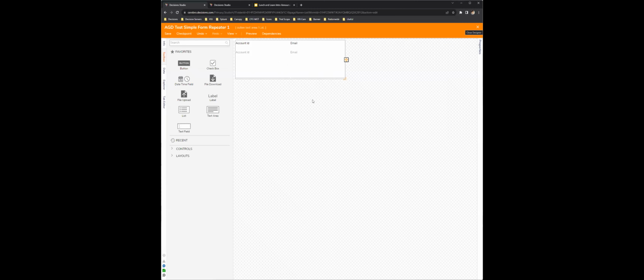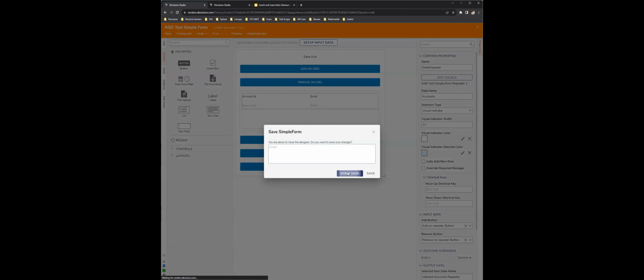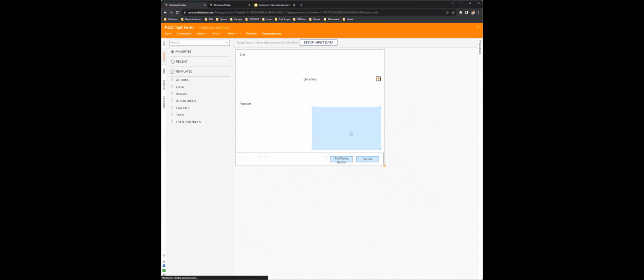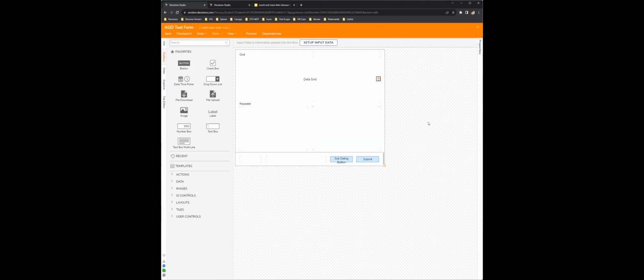On the normal form, when you create the data repeater, it will be built out on a normal form that will be used for that data repeater. So if I just drag one in, that's really the main difference.